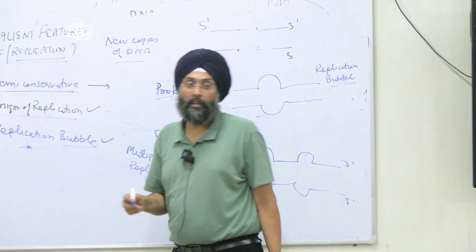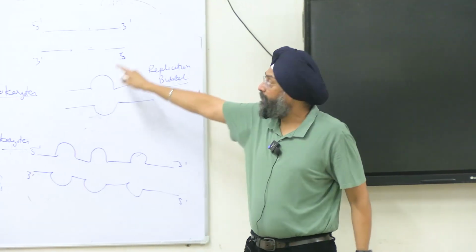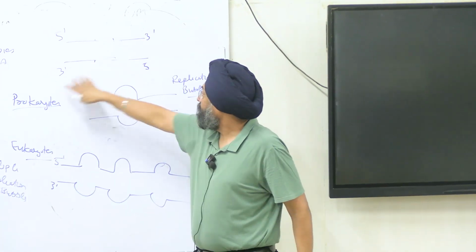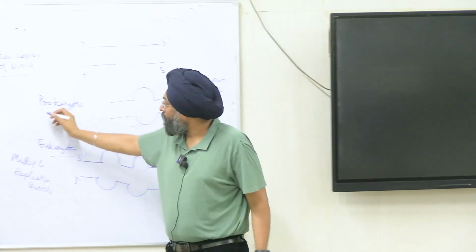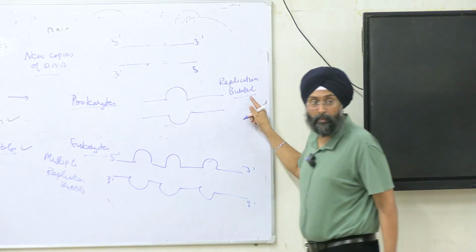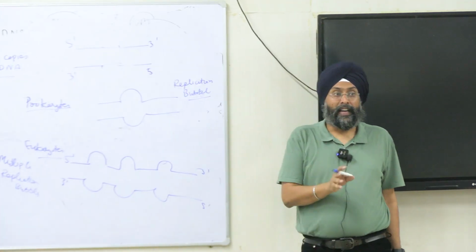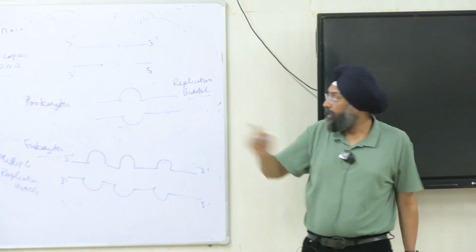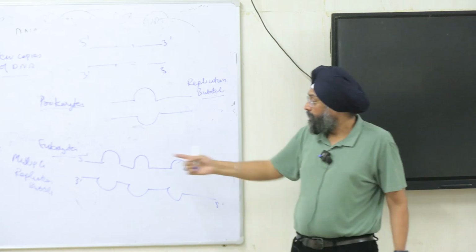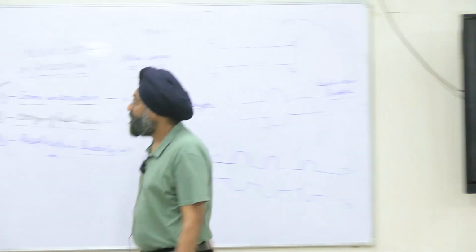Coming on to the third point, that is our replication bubble. Bubble means when the two strands separate, they form a bubble-like appearance. We have a strand 5' to 3' and 3' to 5'. Here a bubble is formed, but in prokaryotes a single bubble is formed, and in eukaryotes multiple bubbles are formed, right? Why? In prokaryotes there is a single origin, so a single bubble. In eukaryotes there are multiple origins, so multiple bubbles. Clear? So three points are covered now. Fourth is our